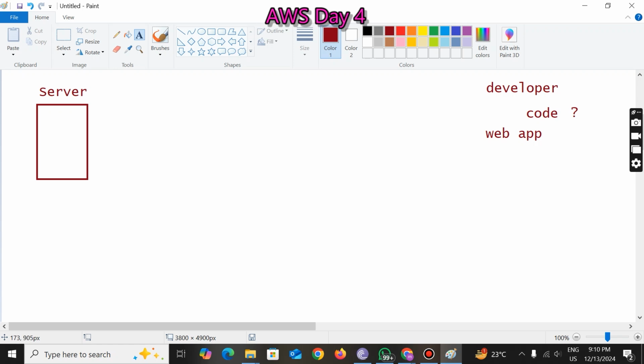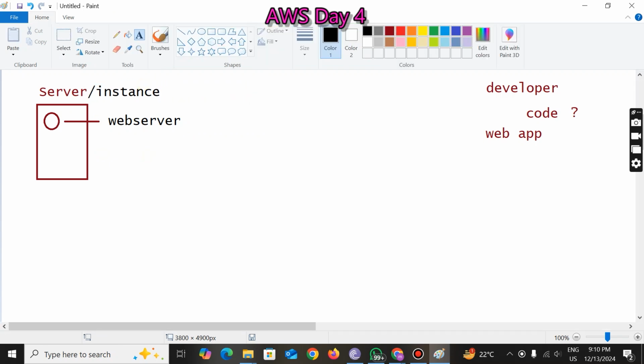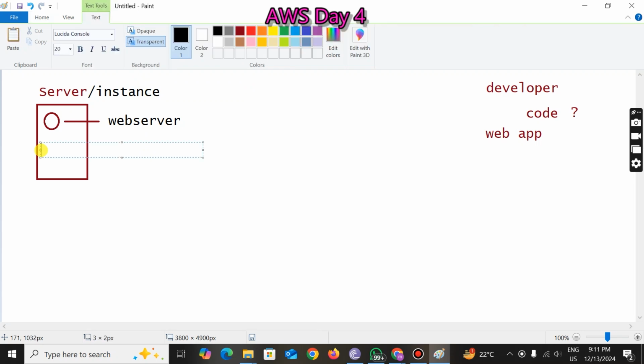Okay, first of all, let's create one server. After creating a server, we need to install one web server into this machine. We need to install one web server inside the instance. Server is nothing but the instance, in AWS terminology. After that, we will get one path. The path is